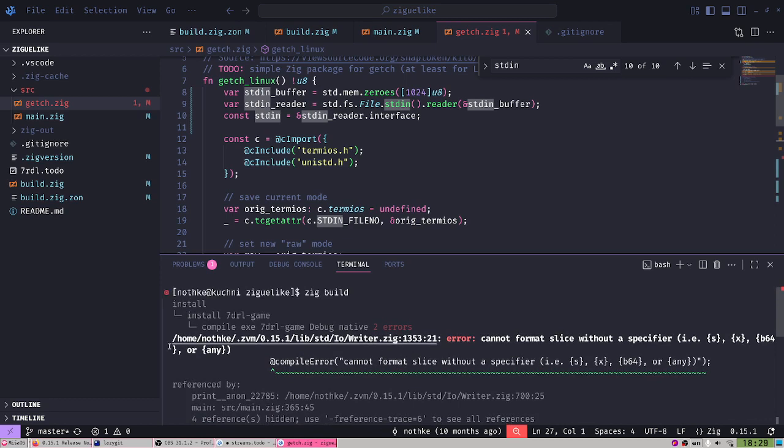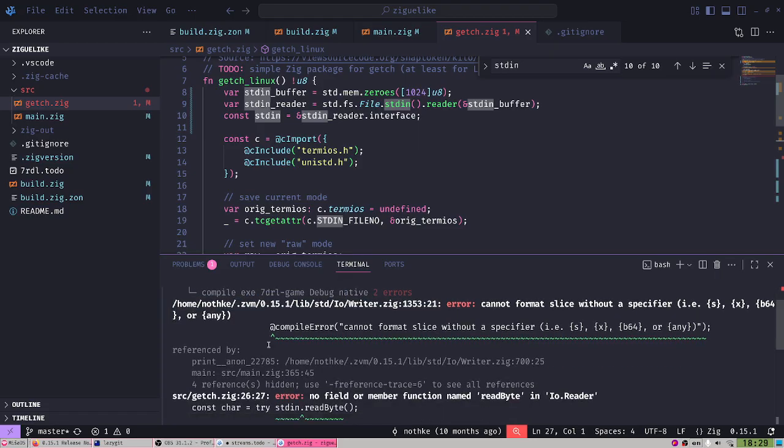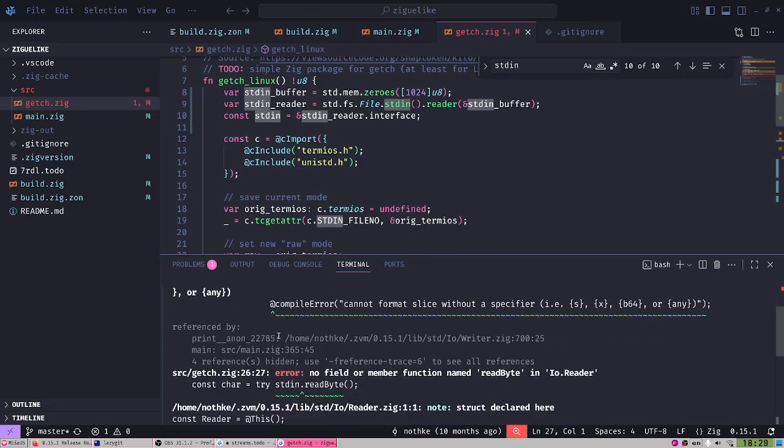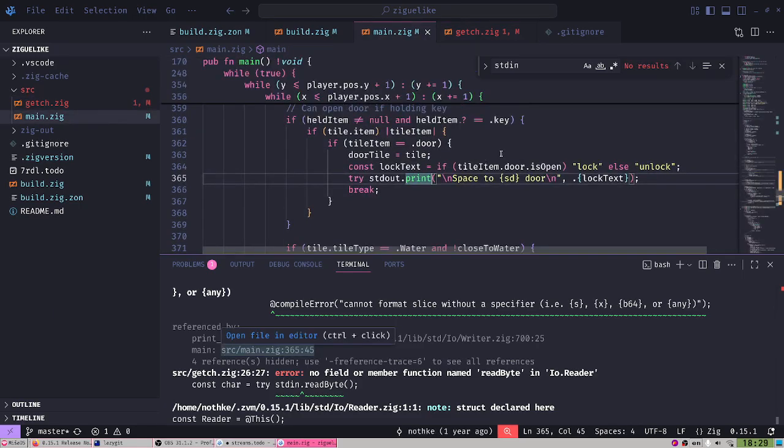So, let's see. stdio writer cannot format slice without a specifier. Yes, I know what the problem is here. The problem is that, referenced by main, there it is. What is this SD thing? Format slice without a specifier.